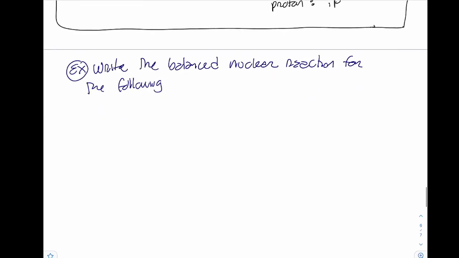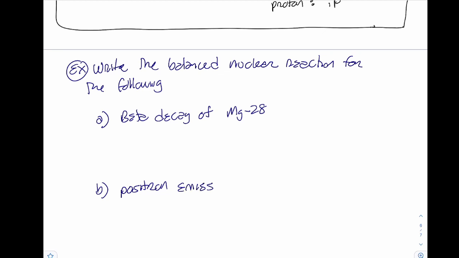So the first one, let's do beta decay of magnesium 28. And then the second one, let's do positron emission of xenon